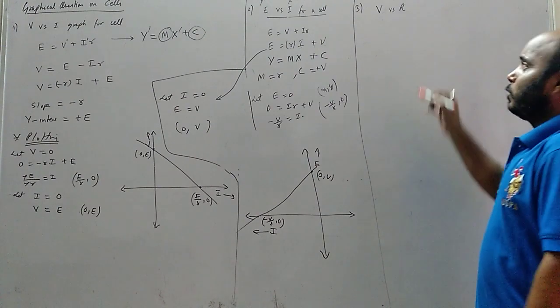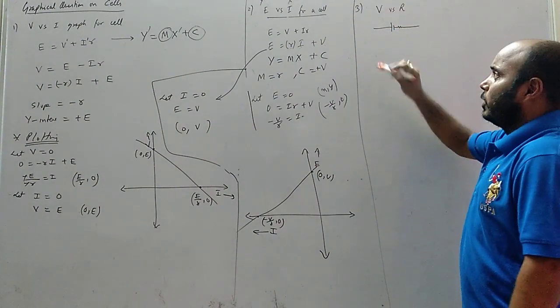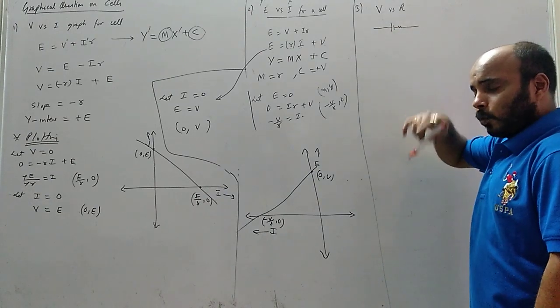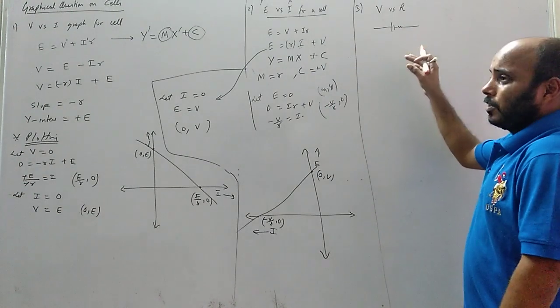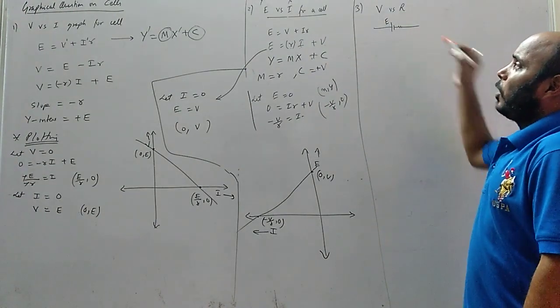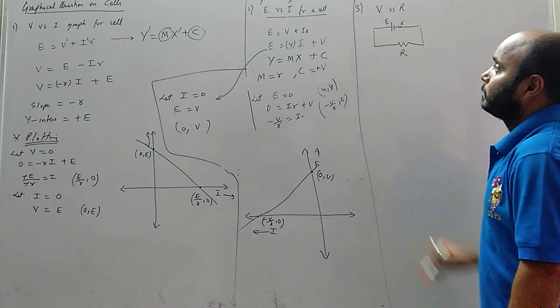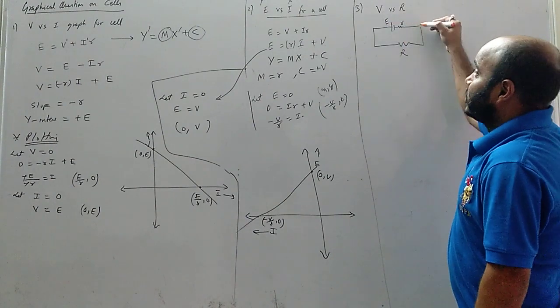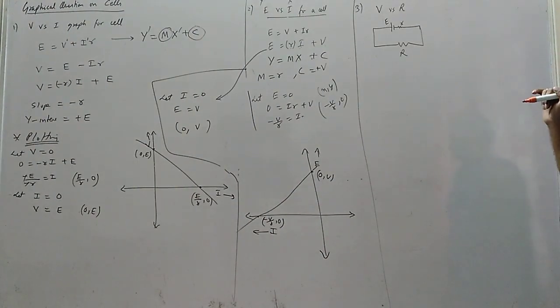Okay. So what I will do, let's take a circuit now, because without a circuit you will not understand. The circuit is not there in the notes, but like we have just now discussed this circuit, so you may correlate. That's why I haven't given. So this is the cell of EMF E and resistance r connected with the external resistance capital R. Okay. First I will discuss theoretically, then mathematically.